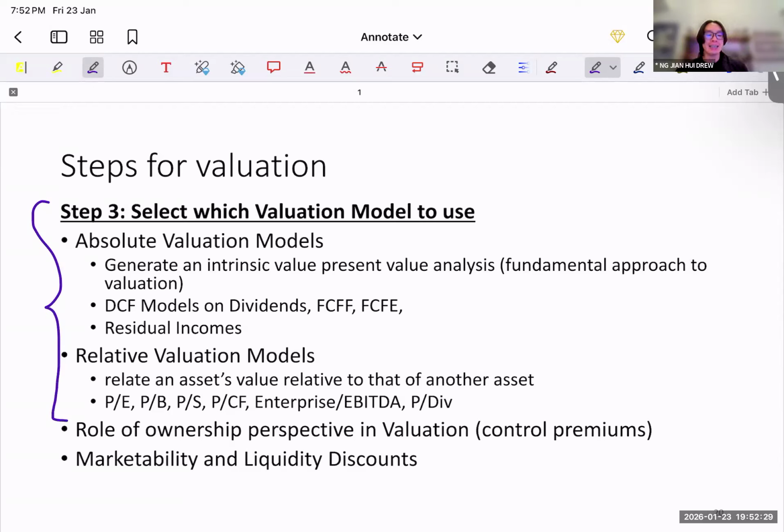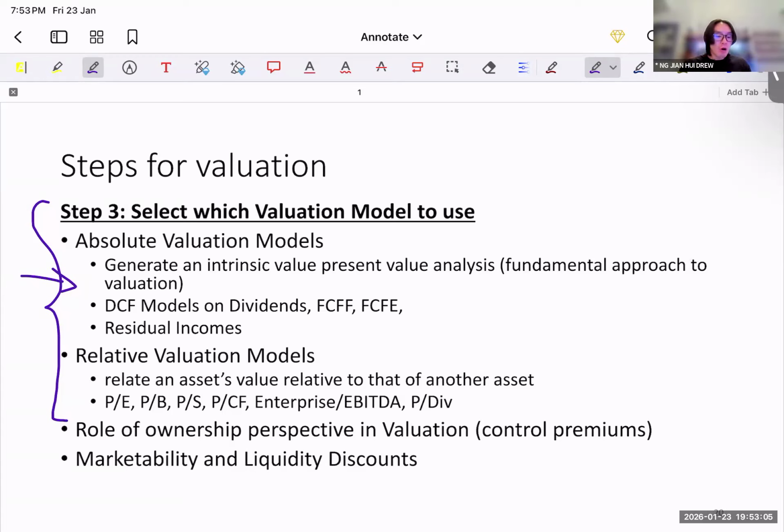What's important to highlight here is to provide assumptions, right? Your model is only as good as the assumptions that you have provided to your reader, or to the person consuming your report, because like we mentioned earlier, valuation is biased. So for your quantitative component, step three, you must provide the assumptions that you use to derive your figures. And we'll go into details in the next, I believe, three lectures on this point.